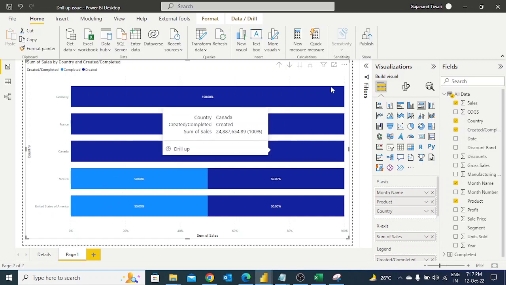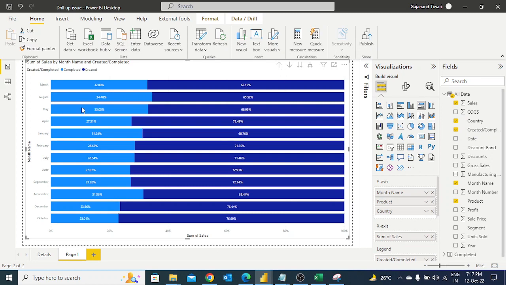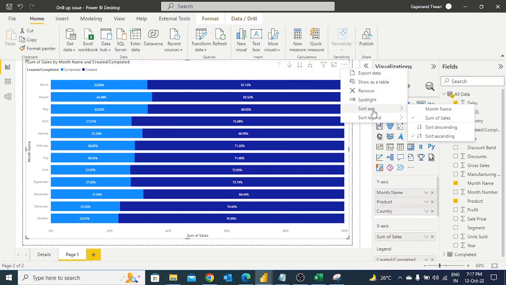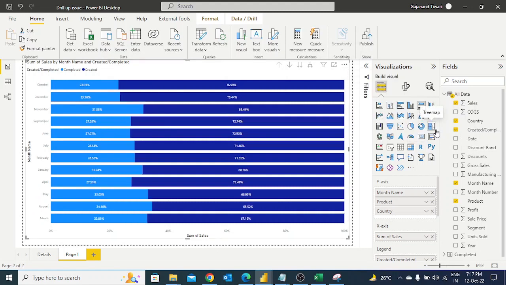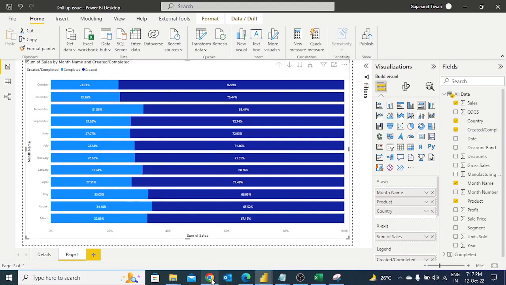So still, see this. If I go back to the month sequence, see this, we try to sort it but we won't be able to solve it. Sorting order 23, 21, 31, 27, that is not possible, it's not coming as intended. So what I did, I just visited the